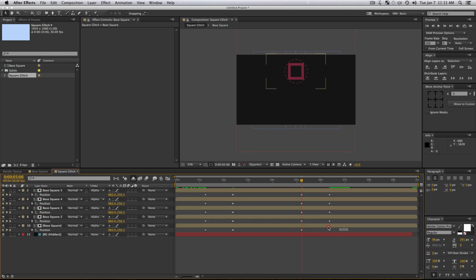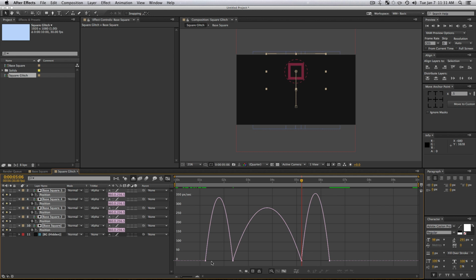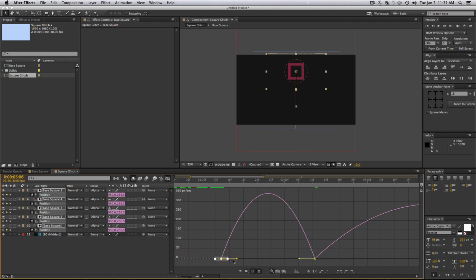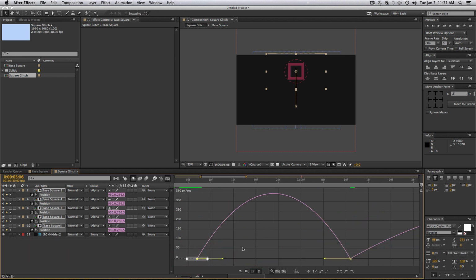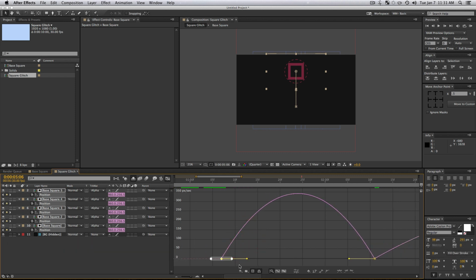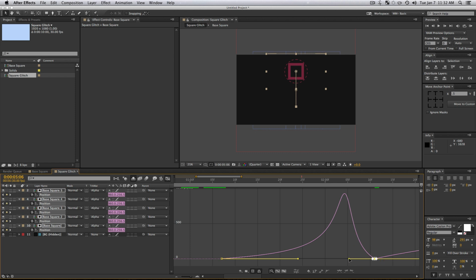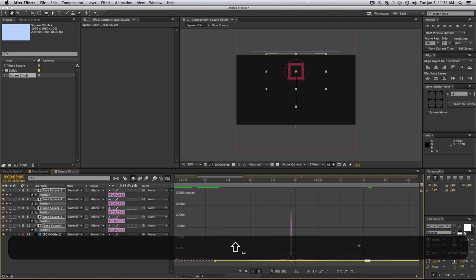So let's select our keyframes and press F9 on our keyboard. And we're going to do what we did for all the other times. So select all these. We might want to zoom in a little bit. So you can press Z to zoom in with your zoom tool, just like anything else, and space to use your hand tool. So let's select with our selection marquee all these first keyframes, and we're going to go forward as much as we can. Select all these second keyframes with the selection marquee and drag the Bezier handle back.